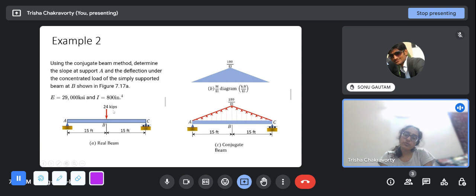Forget about the conjugate beam. Now we are talking about the slope in the real beam. So we apply a concentrated load in the center. The ABC will, one second,